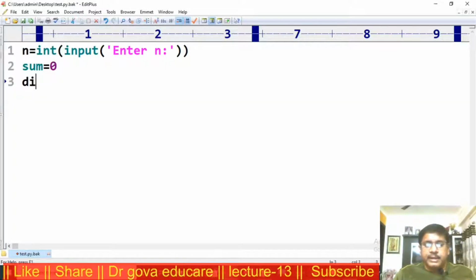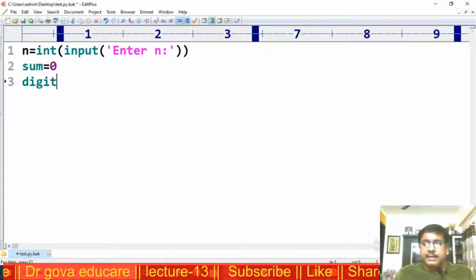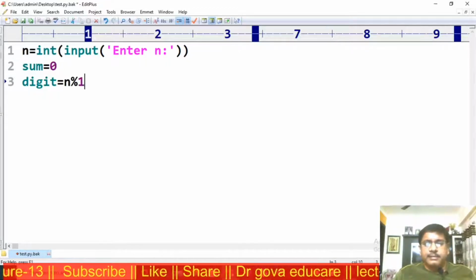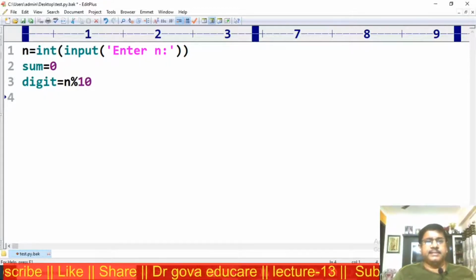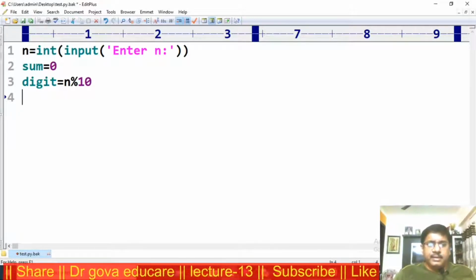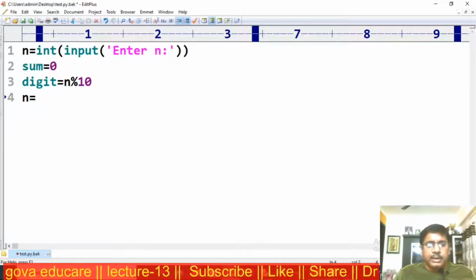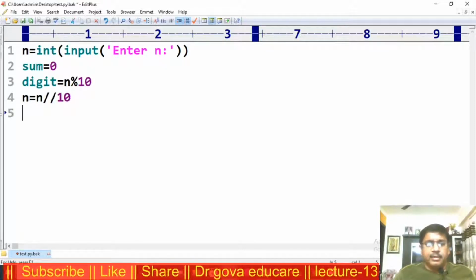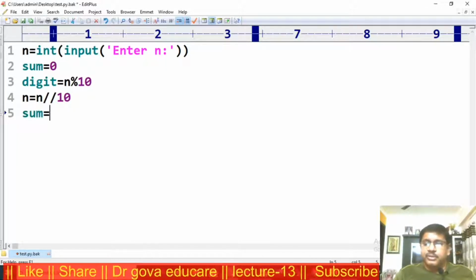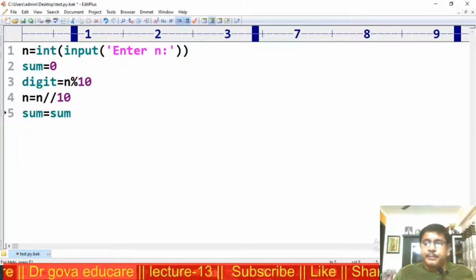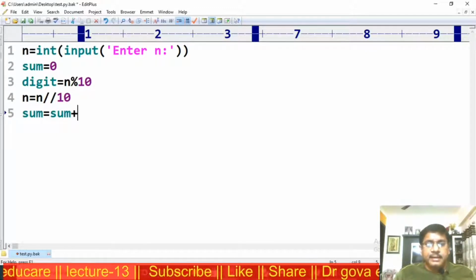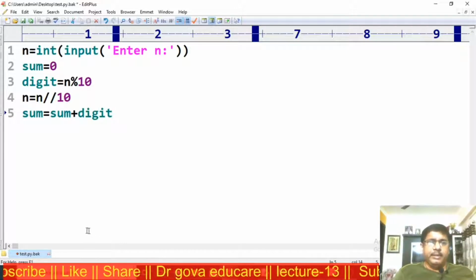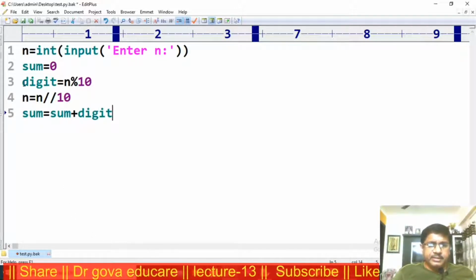Digit is equal to n modulo division with 10. We get the digit. After getting the digit, now n is equal to n floor division with 10. Now calculate sum is equal to sum plus digit. Now repeating these three steps 3 times.